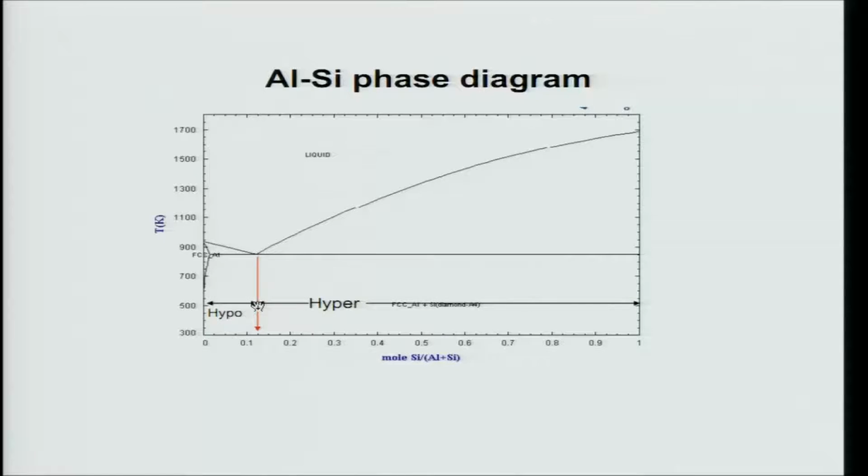Now I go back to the phase diagram. I told you the eutectic composition is given by this red arrow. Any composition below this, or less than that, is called hypo-eutectic, and above is called hyper-eutectic. Hyper-eutectic alloys will contain silicon as a primary phase, and I will explain why. Hypo-eutectic ones will contain primary aluminum. Primary aluminum is ductile, whereas primary silicon is very brittle. You can take a silicon piece and drop it, and it will shatter into pieces. Silicon is so brittle, but aluminum is very ductile. That is why